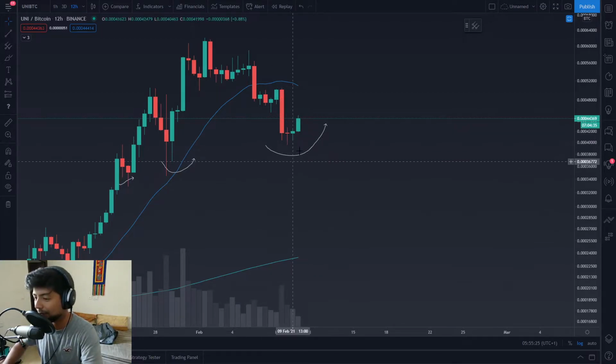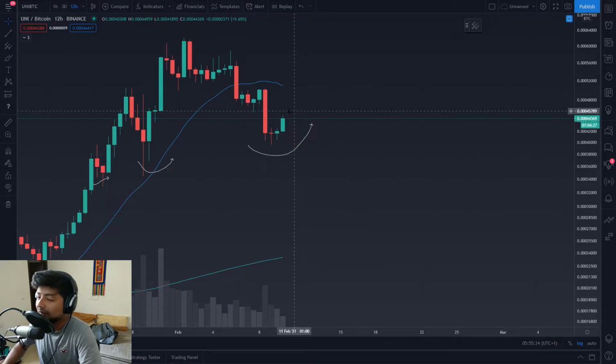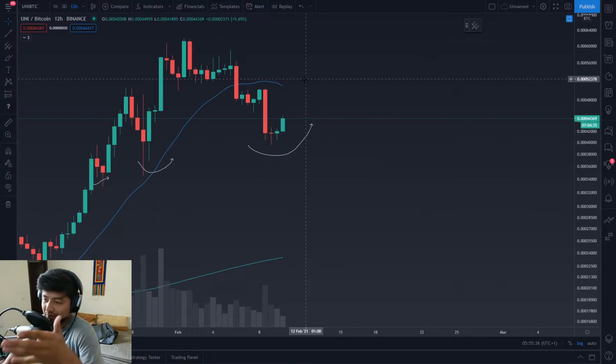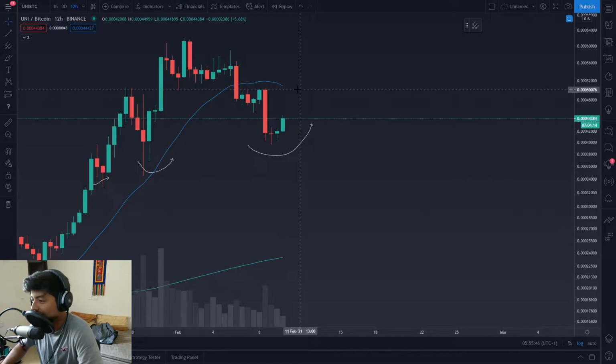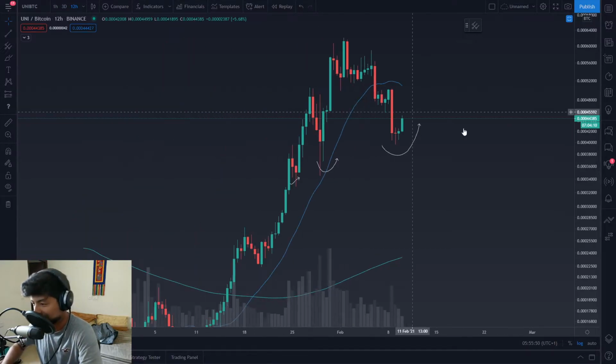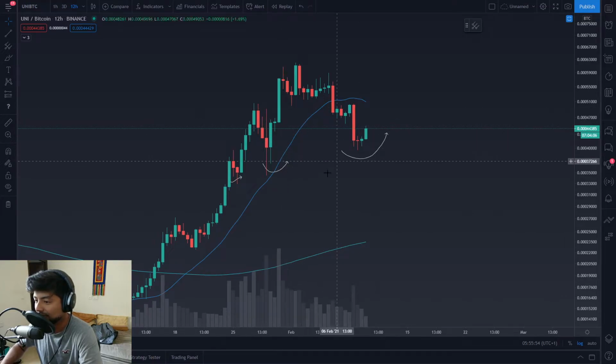And for me personally, yeah, this one certainly looks like an opportunity. I can't deny that. Low above this one, and candles actually pulling back. All right, how do you want to confirm this one? You want to be confirming this one by a simple retest or a closure above the 21 simple moving average on 12-hour time frame, which is currently at 51,000 satoshis. By the time we test it, it's probably going to come down to 50,000. So a 12-hour closure above 50,000 satoshi is going to be good for the Uniswap against Bitcoin pair, which would signify a certain move to the upside.